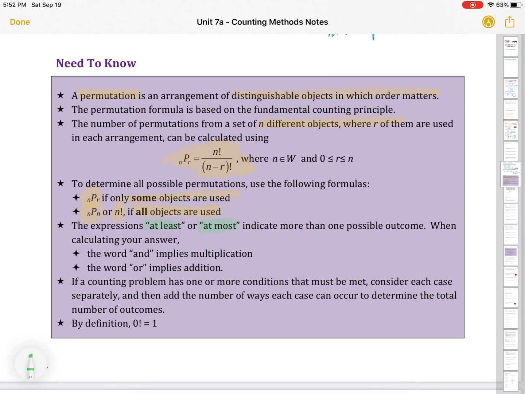The expressions at least or at most indicate more than one possible outcome. When calculating your answer, and implies multiplication, or implies addition. Okay? If a counting problem has one or more conditions that must be met, consider each case separately and then add the number of ways in which each case can occur to determine the total number of outcomes. Also, very important here, by definition, 0 factorial is equal to 1, not